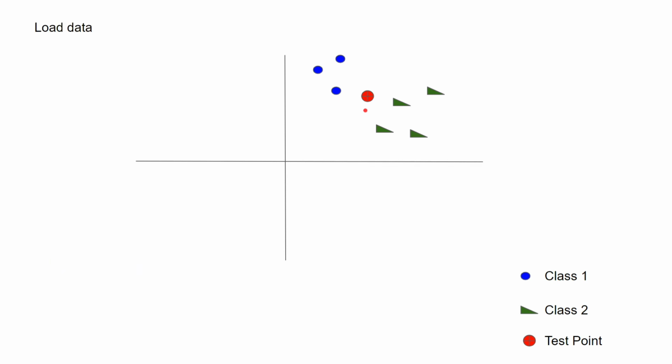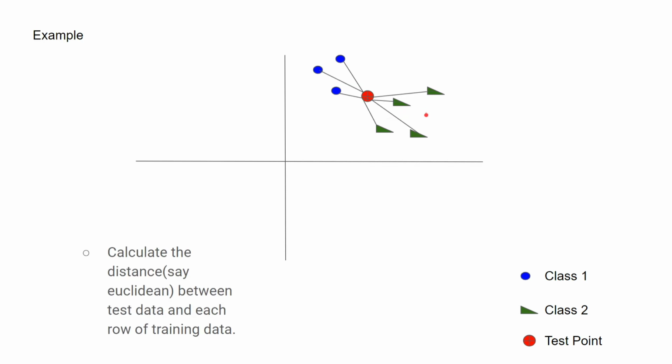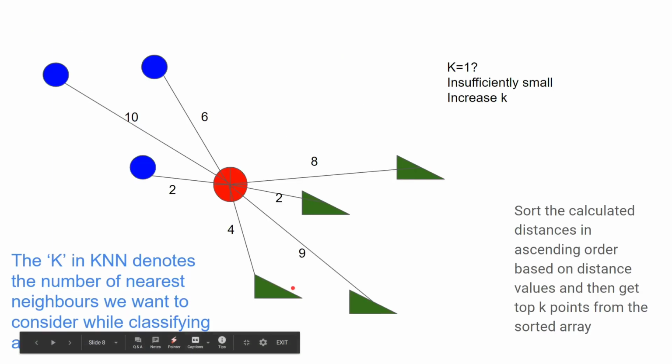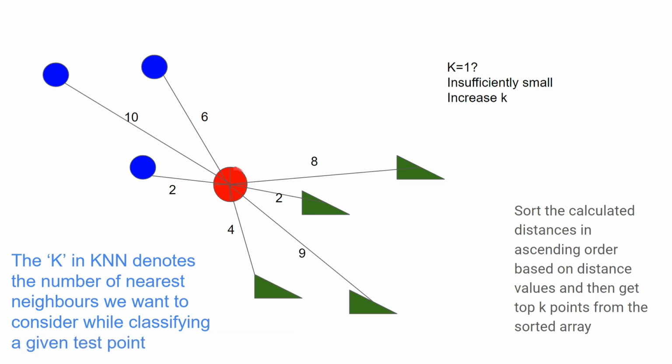Let's have a look at an example. In this case, this is my training data, wherein I have 3 points for one class and 4 points for the other class. For the sake of simplicity, we are considering very few points, but in general, we'll be having a larger number of points and probably more than two classes, but the algorithm remains the same. So my first step would be to calculate the distance of the test data point from each point of my training data set. Let's zoom out a little bit. Here I have the distances of my test point from each of the points in my training set.